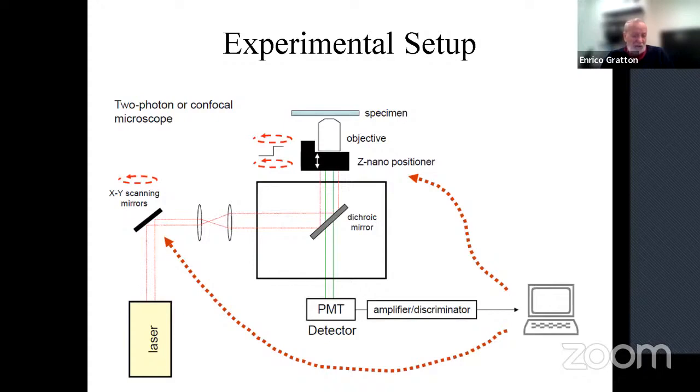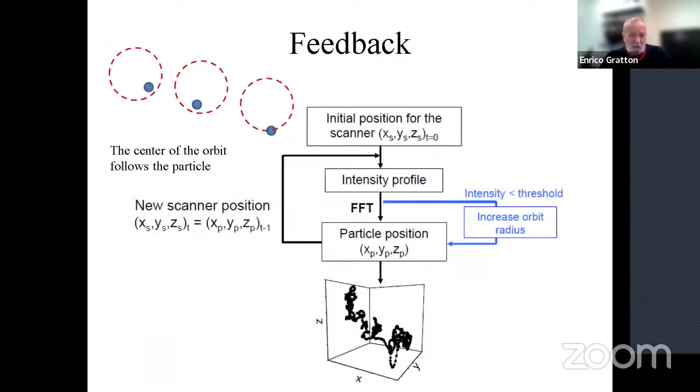and the computer will decide if the orbit up and the orbit down are different in terms of modulation. If they are not different, then we are in the center of the particle. If they are different, we will position the orbit in such a way to be the minimum change. So that is the way the computer works. And now let us see how we start.